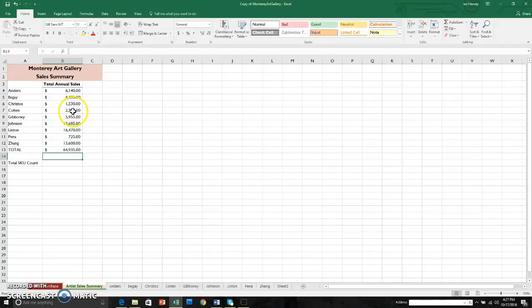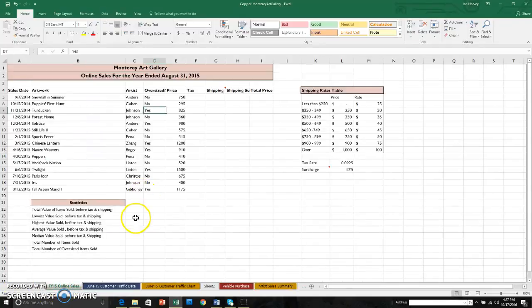And now that's the sum button. The problem most people have is they try to use the sum button for everything. And the sum button is not meant to be used for everything. It's only meant for things like adding together a bunch of numbers. So if we scroll over to the FY15 online sales worksheet, right down here on C22, it says that we